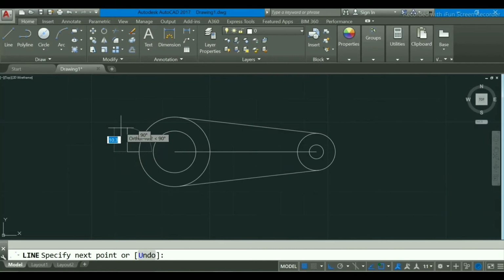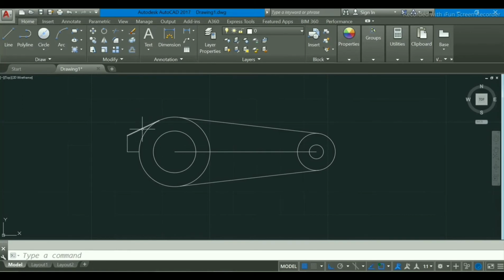Now move upward in the direction of the line and make 14 divided by 2, that is 7. Now go to the line command again. Select this endpoint, and you can see there is a point called tangent. So apply our line command here and press enter.